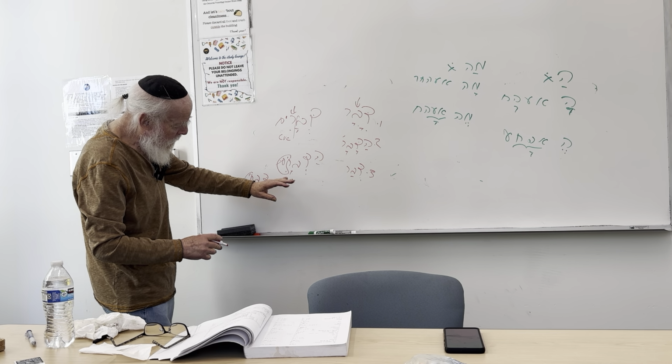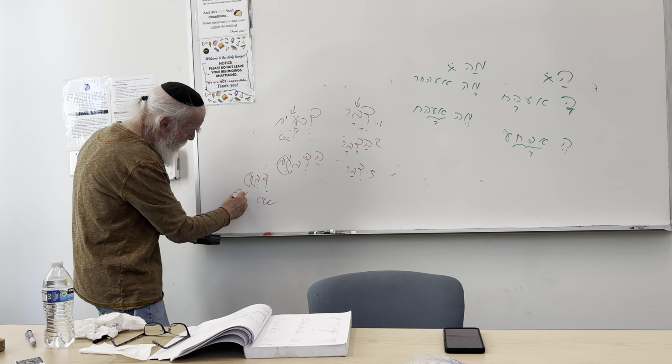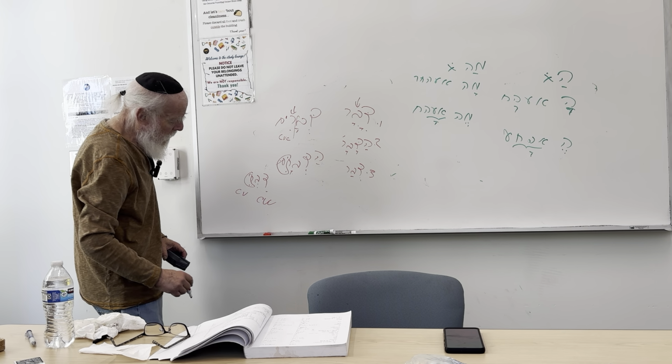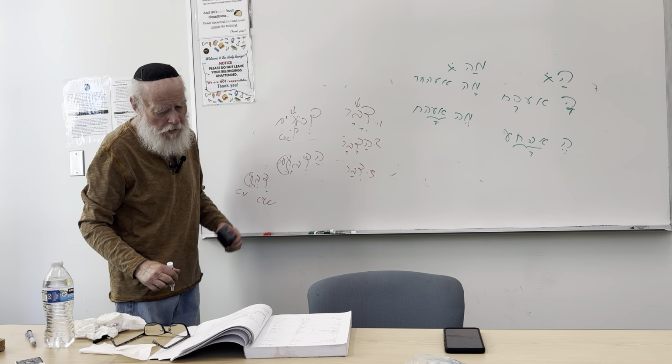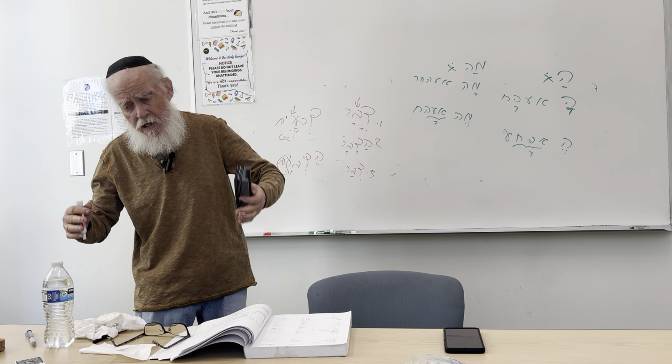And once you see this divrei, then you just break it into syllables. CVC is the first syllable, and CV is the second. Divrei. Words of, things of. That dalet-bet-resh can mean a thing, can also be a word. As a word, we have a verb, the daber, the piel, the emphatic conjugation form in Hebrew.